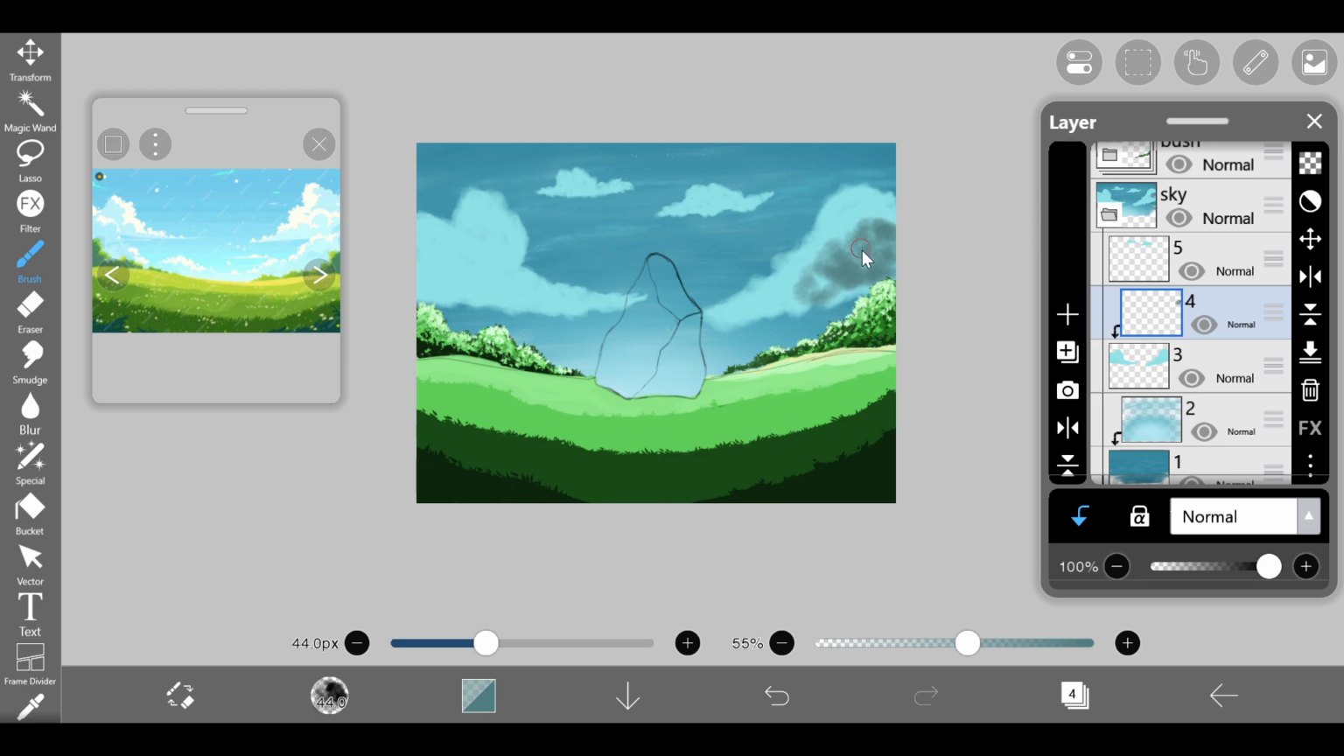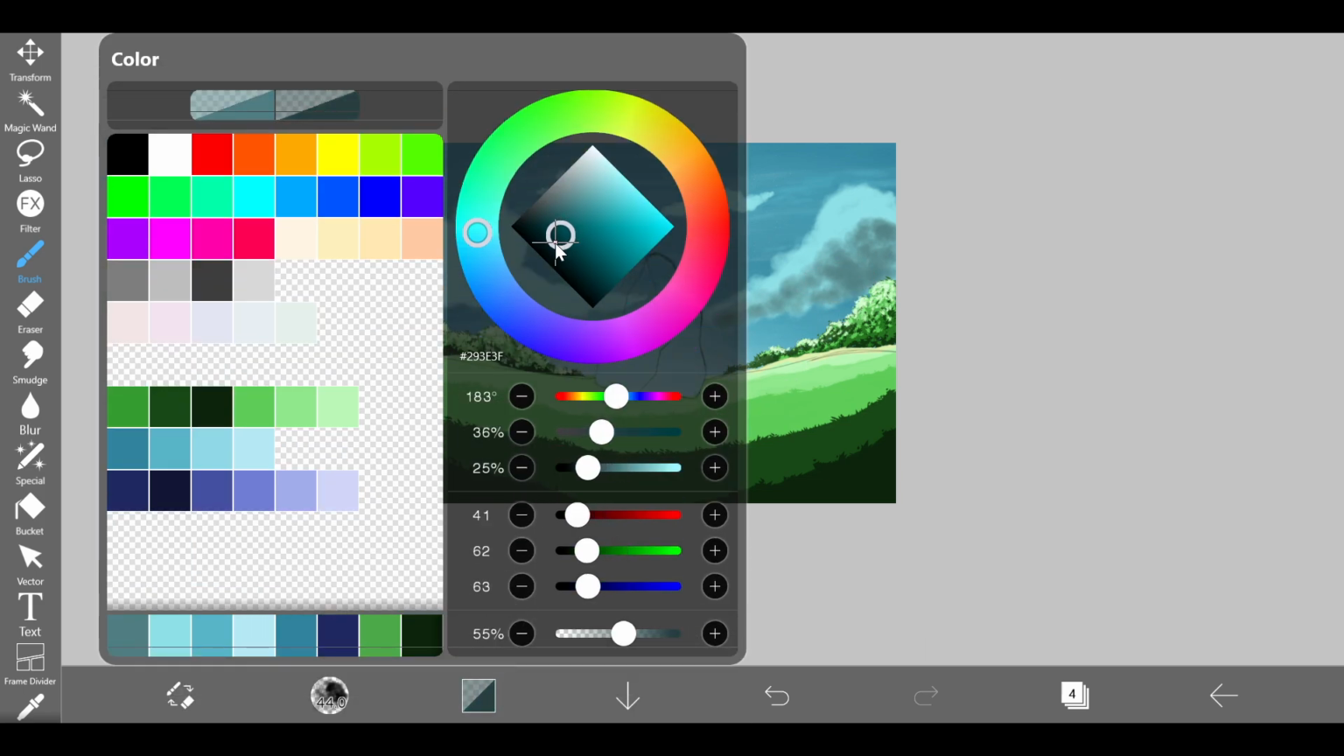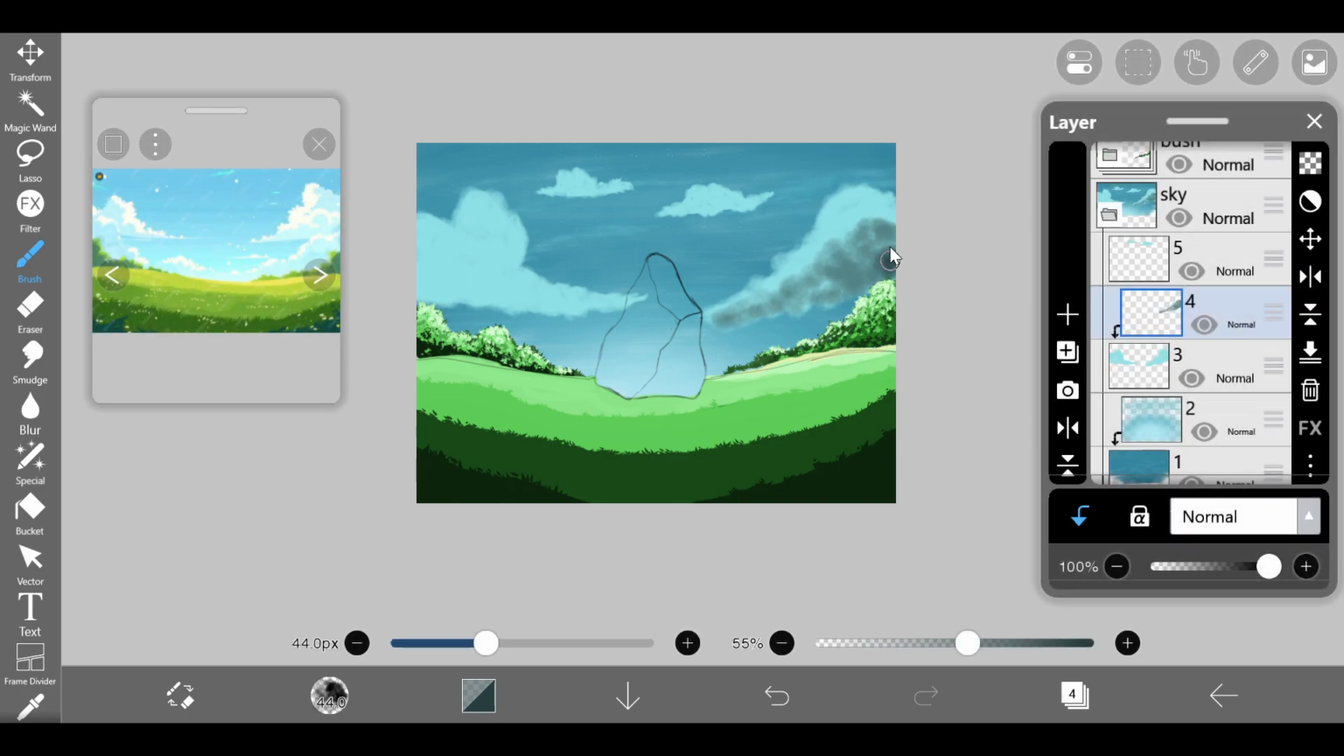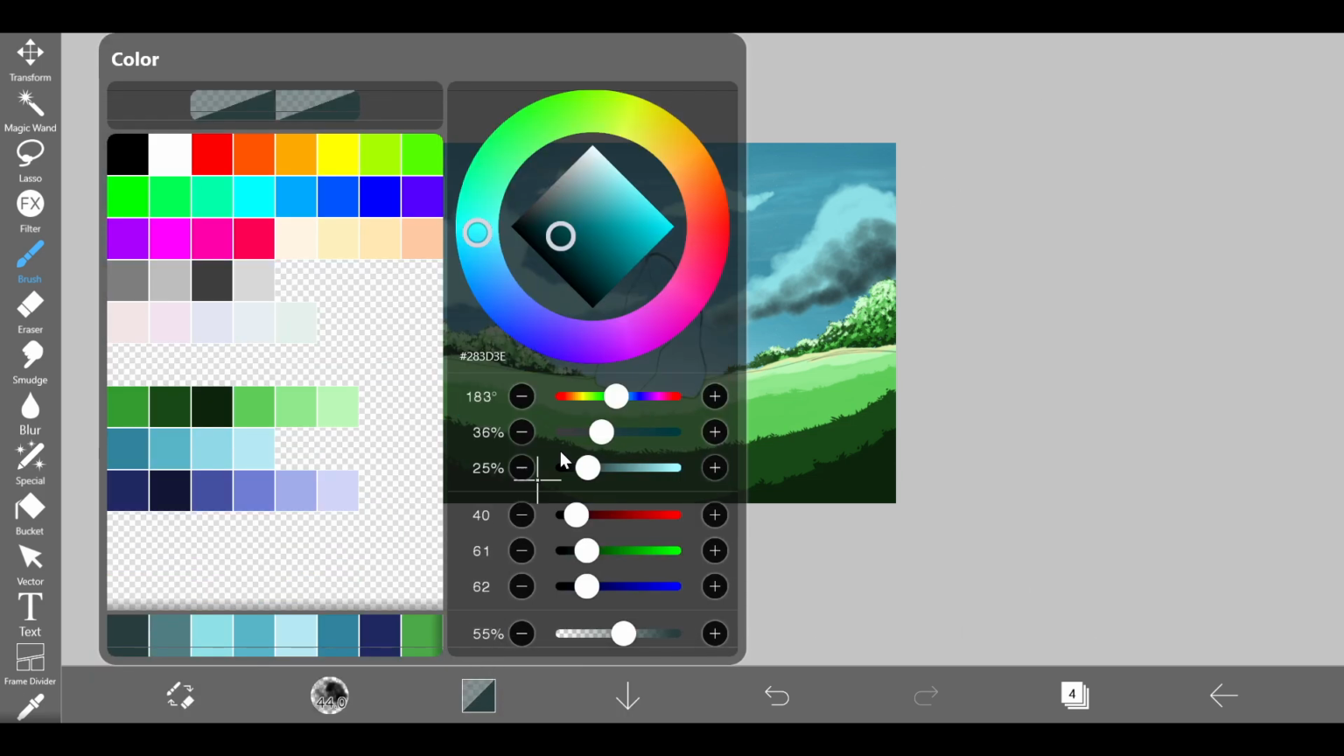Going to draw the shadows in the darker shadows. This should be the ground on the most bottom side, and I'm going to